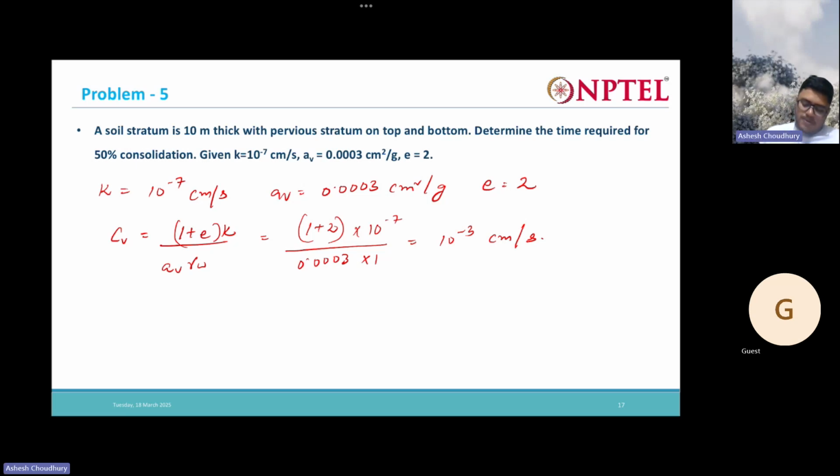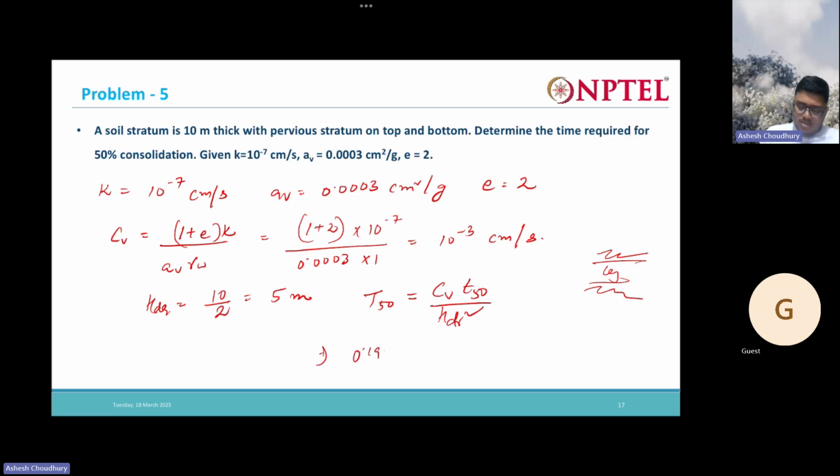Now, the soil setup has a pervious stratum on top and bottom. So again, you can see this is the clay, and here the top and bottom is a double drainage condition. So HDR is nothing but 10 by 2. It is 5 meters. So now we calculate T50 equals CV T50 by HDR square. T50 I know, 0.197. CV is 10 to the power minus 3. T50 by 5 square. So take care of the units and then if you calculate, you will get